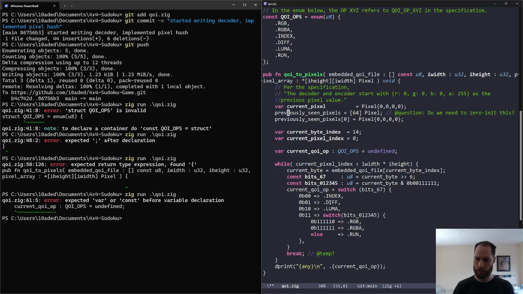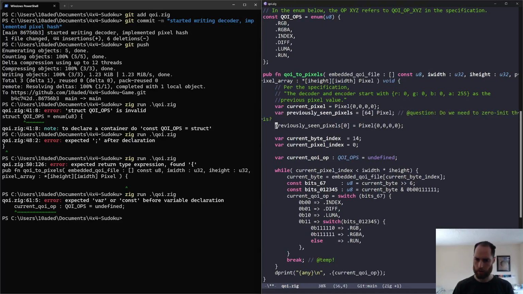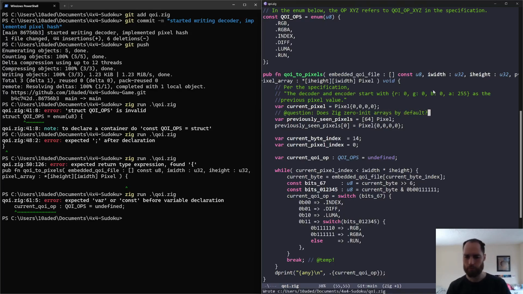Likewise for this. Likewise for this one. And yeah, let's just move this note. Well, the question is really now actually, does Zig zero init arrays by default? And then I should just, okay,